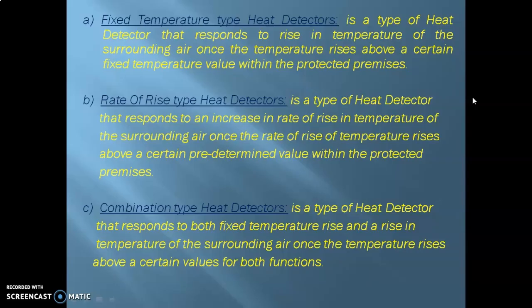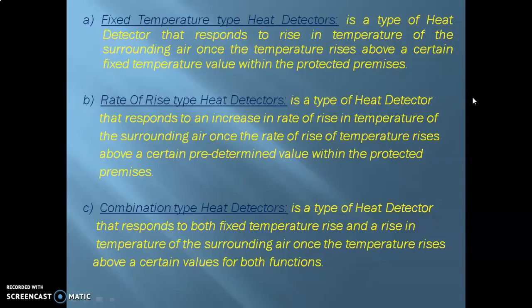Alright, so moving on, now let's talk about the rate of rise type of heat detectors. Now in this type of heat detector, instead of the preset temperature, you have a preset rate of rise. That means that this type of heat detector continuously monitors the rate of rise in temperature of the surrounding air within the protected premises.